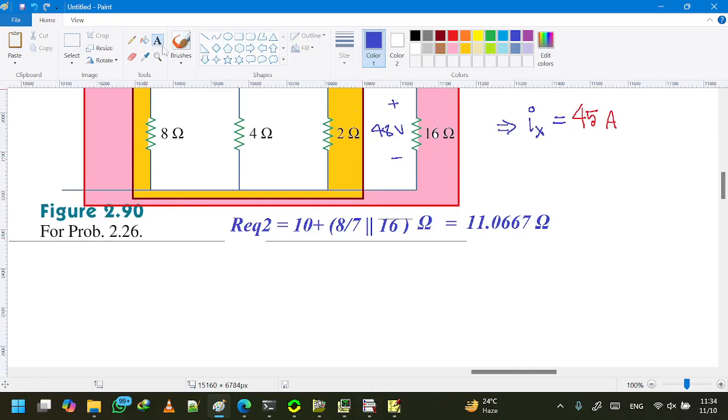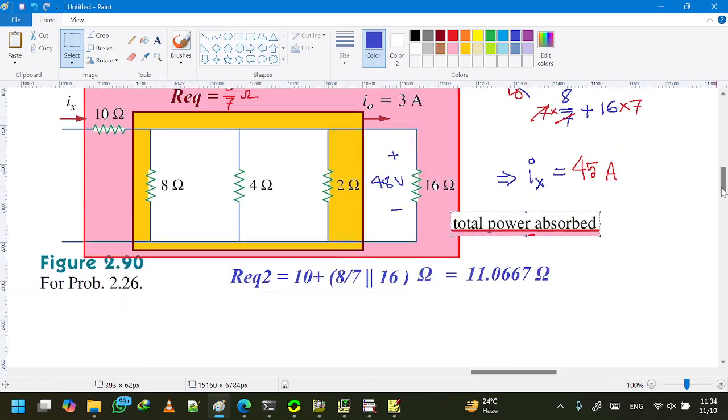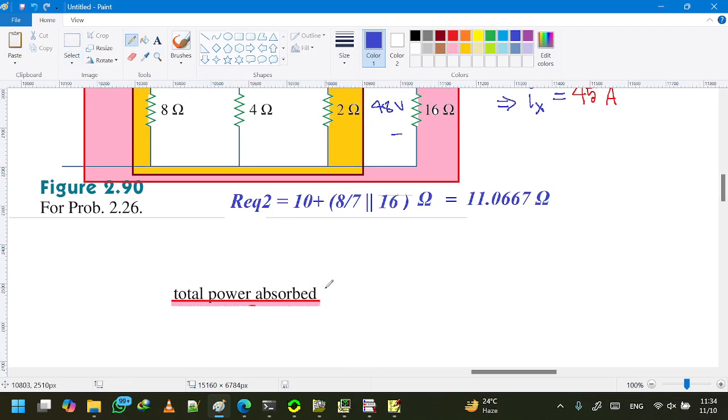The question asks for the total power absorbed by the entire circuit. So total power absorbed is I square R, where I is Ix